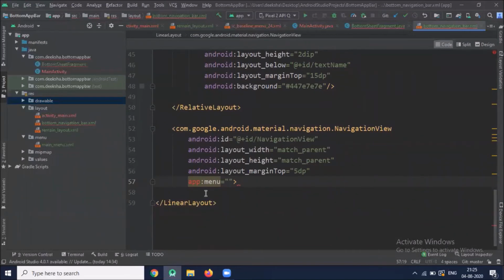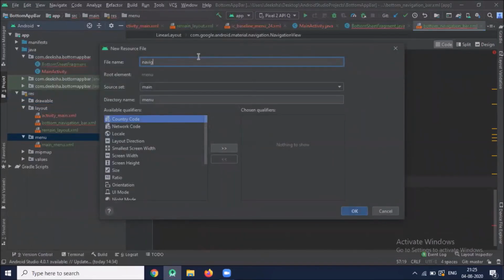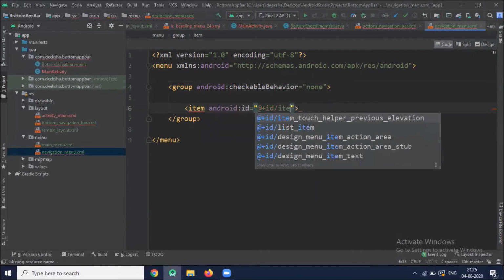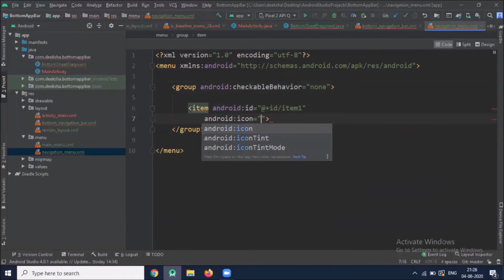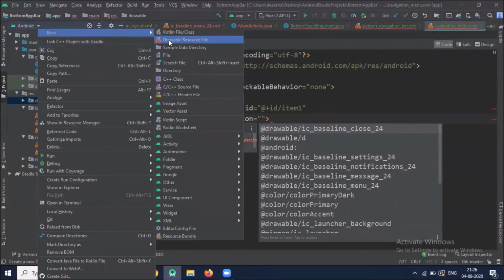Now to add the menu in navigation view, we have to create one menu in menu folder. Now create the icons for our items.